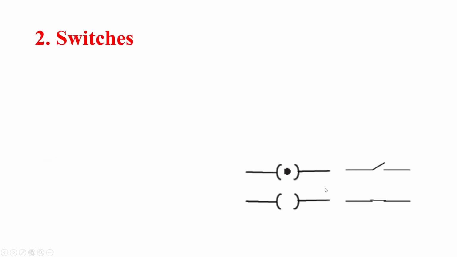So a switch is used to connect or disconnect the circuit, and we usually use either this symbol or this symbol. This symbol is used for the closed circuit. When there is a flow of current, if we want continuous flow of electric current in the circuit, we usually use this type of switch. And if we want to disconnect the circuit, we usually use this type of switch. And the same, if you want to connect the circuit, we usually use this symbol. And if you want to disconnect the circuit, we usually use this